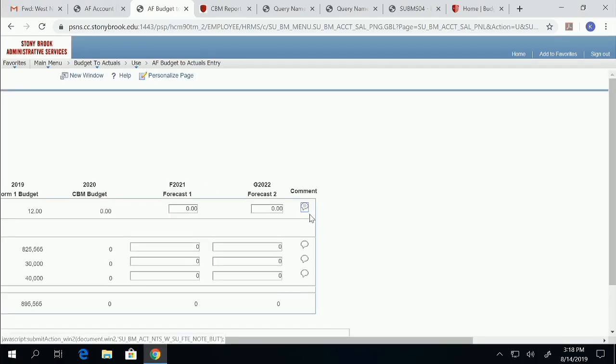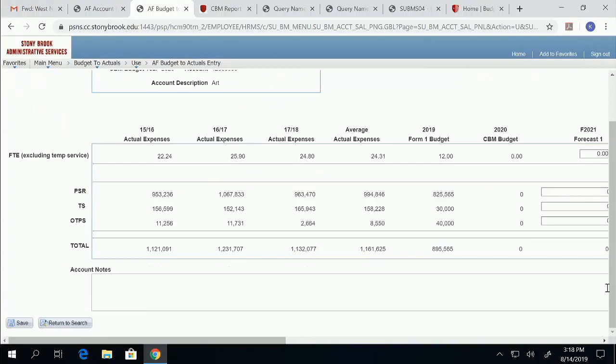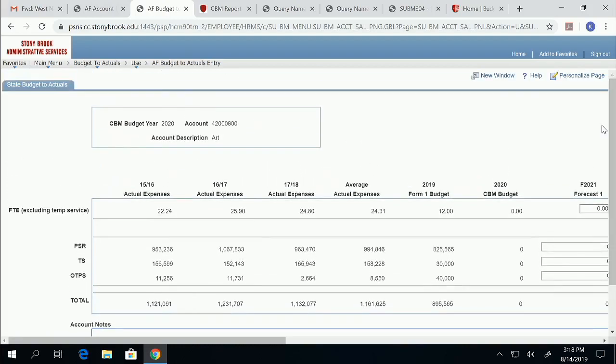And once the note is filled, you can see that it shows that it's filled. You can also put a note for the entire account. And this is, again, one of those long notes fields where you can pretty much write for about 2.5 pages. So each account, as it's updated in CBM, automatically gets updated here. But this actual information comes in once at the beginning of the budget year, and then it is static for the rest of the budget